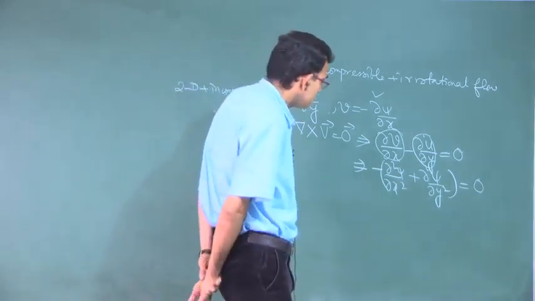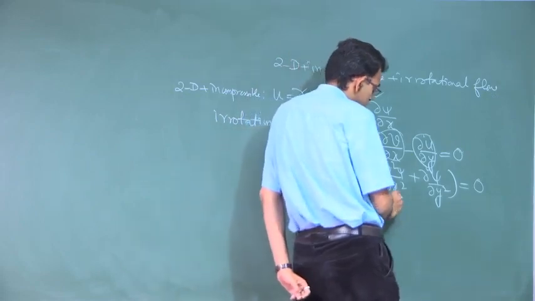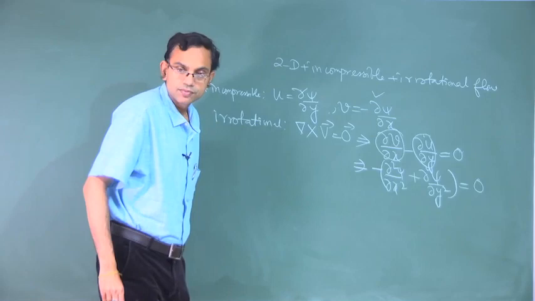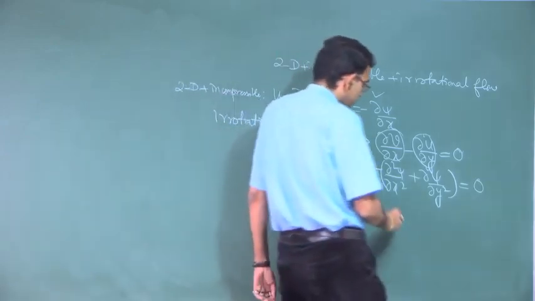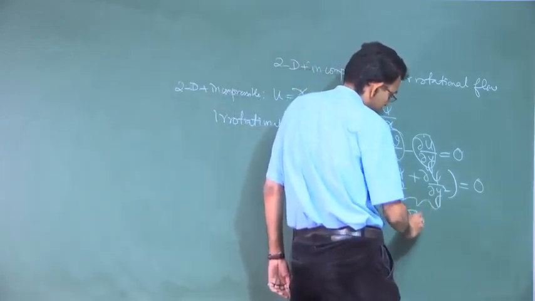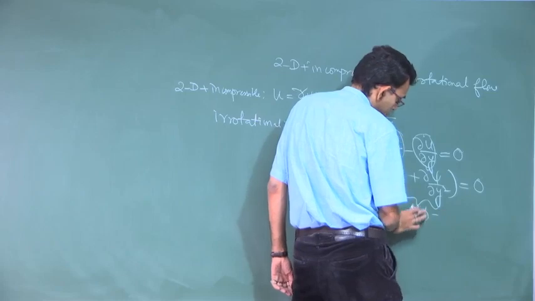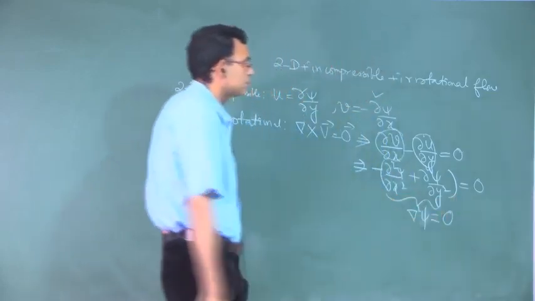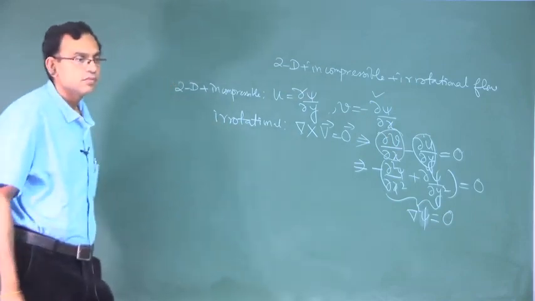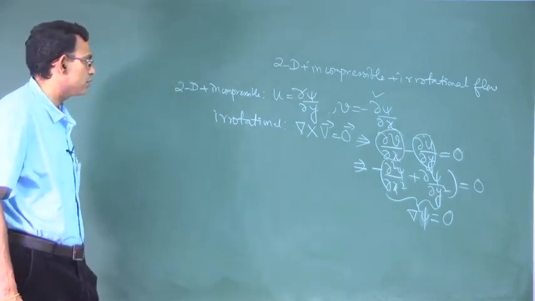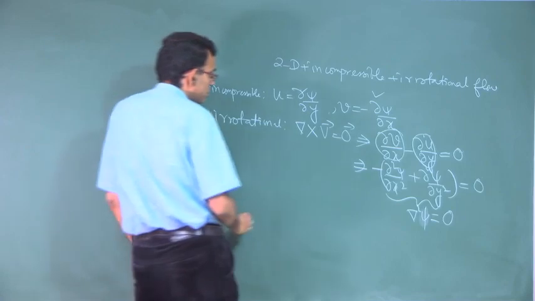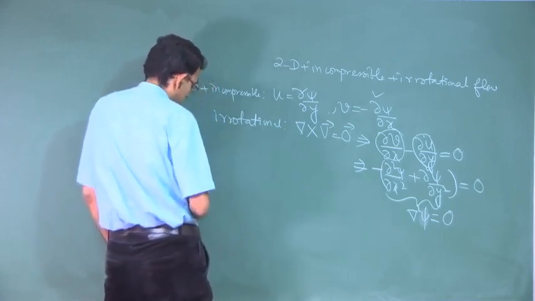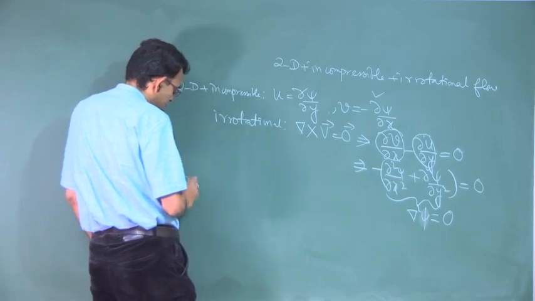So, this is clearly the Laplace equation in two dimensions. So, you have this equal to 0, and for two dimensional irrotational flow